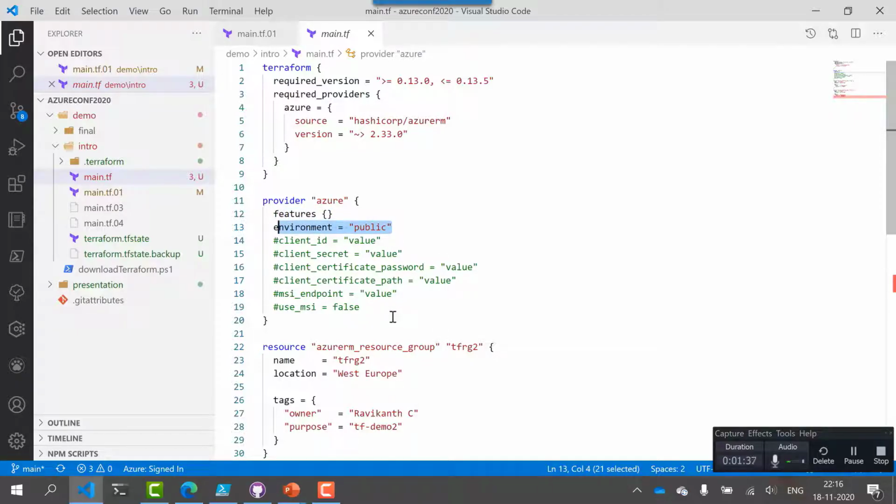I've also mentioned using client ID, client secret, or the client certificate, and so on, that you can specify using these different values here. If you want to use MSI, the managed system identity, you can use the MSI endpoint or use_msi set to true. Then the Terraform configuration assumes that you're running inside an Azure virtual machine, and it will use the managed system identity and the endpoint that is there within the virtual machine, and then connect to the Azure Resource Manager as an authenticated resource and perform the configuration provisioning for you,